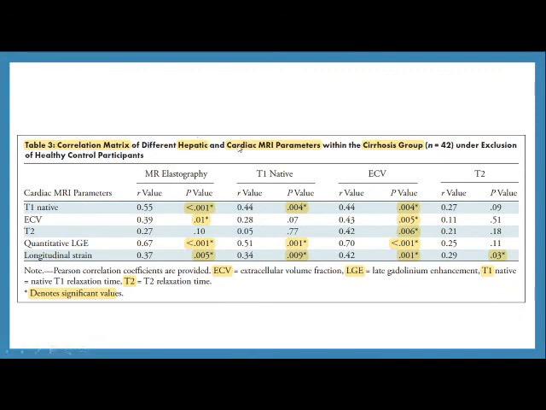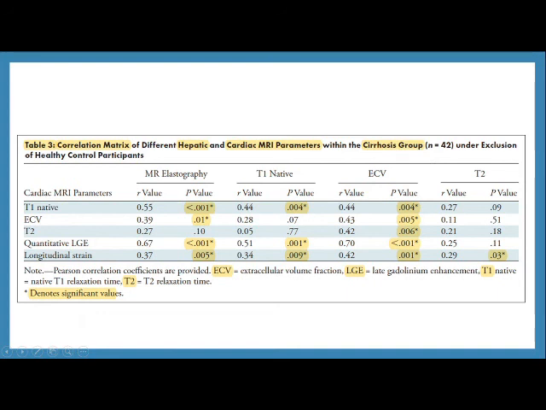This is correlating the hepatic and cardiac MRI parameters within the cirrhosis group, so this is excluding the control group. This here would be the hepatic values, and this would be the cardiac MRI parameters. So you see there are several correlations here. I hope you're getting the idea. We'll conclude later, and you can knit this whole idea together. But several of these different values in the cardiac MRI are correlated to several of the hepatic